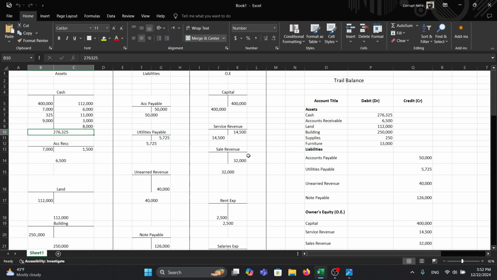I'll be teaching you how to do the steps one by one, but I'm not going to write down anything because I already wasted a lot of time trying to do this video, so I'll just get right to it. Trial balance. How do you get the trial balance? The trial balance is basically anything at the end. So the balances, like the cash balance, the accounts receivable balance, all of those balances,